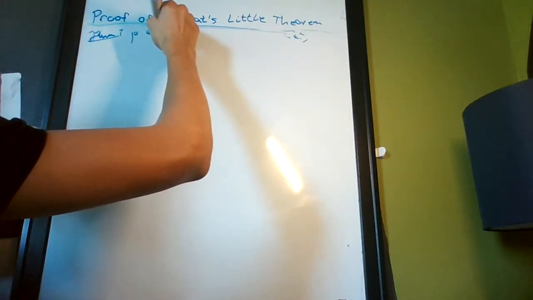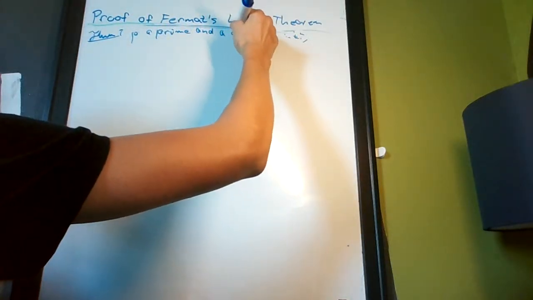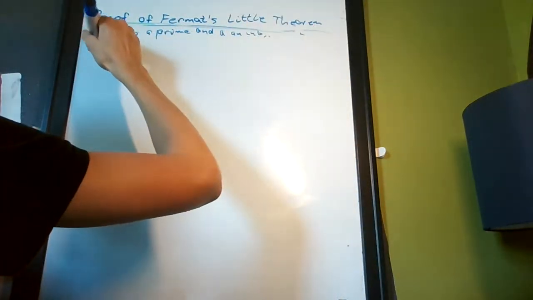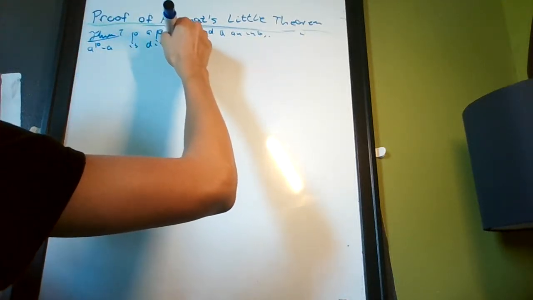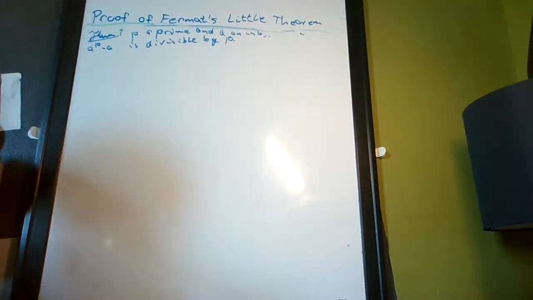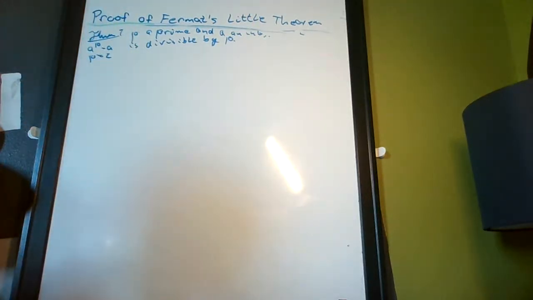Today I will be proving Fermat's little theorem, which states that for any p a prime and a an integer, a to the p minus a is divisible by p. Basically meaning, for example, take p equals 2, and we have that 1 squared minus 1, 0, is divisible by